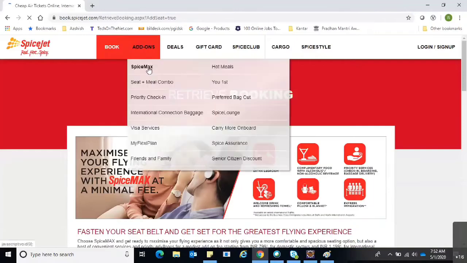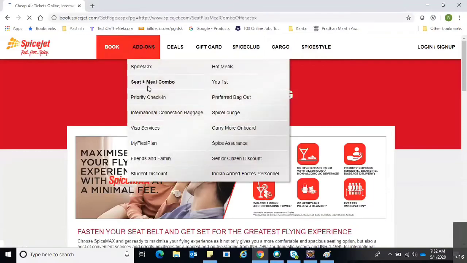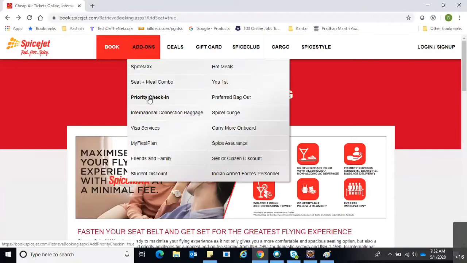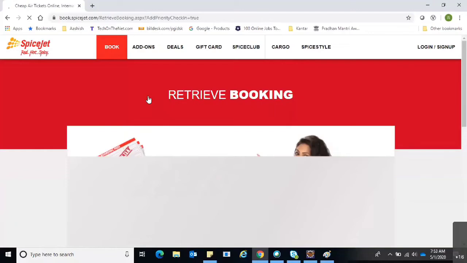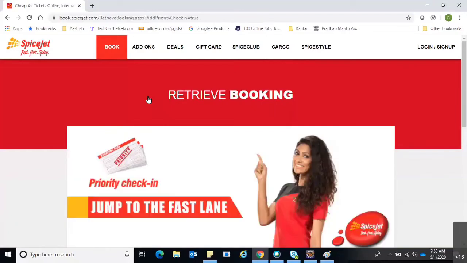See, this is another web page, and seat and meal combo. Like that, we might have many pages for a single application. So for handling all the web elements, it will be very difficult if you are not following specific methods.